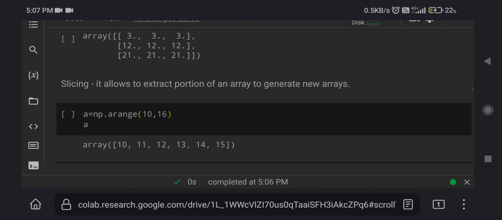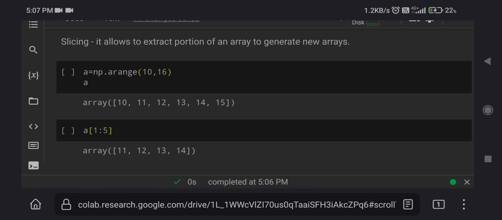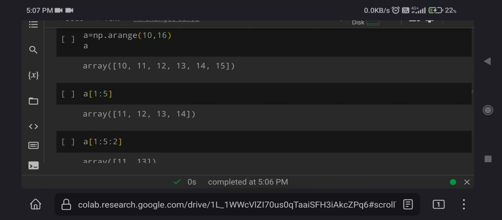We can also perform the slicing operation to generate a new array. Suppose this was my numpy array, np.arange(10, 16). So the numpy array was 10 11 12 13 14 15. If we perform a slice, we want to choose from the first index to the fifth index.